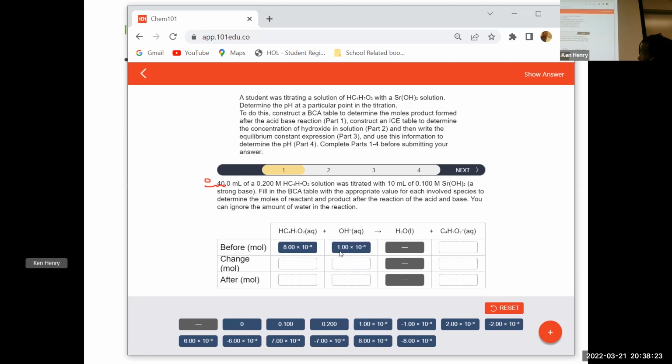Okay. And so initially I have how much of this? Say 0. Okay. So then my change is going to be